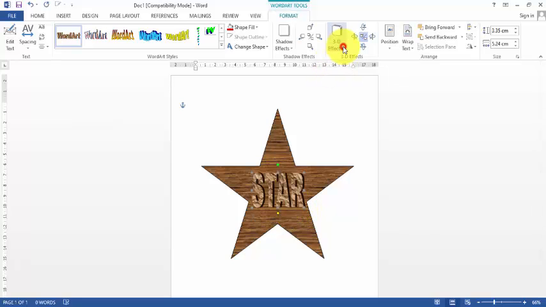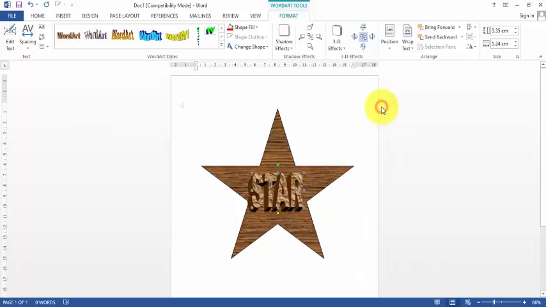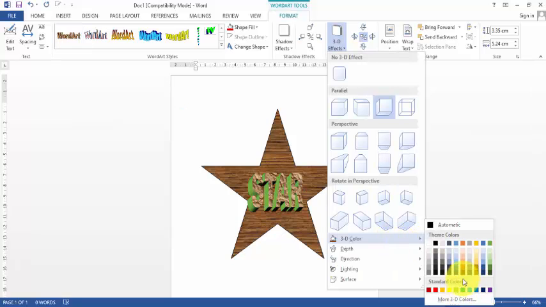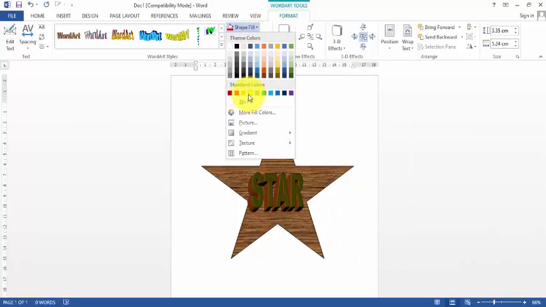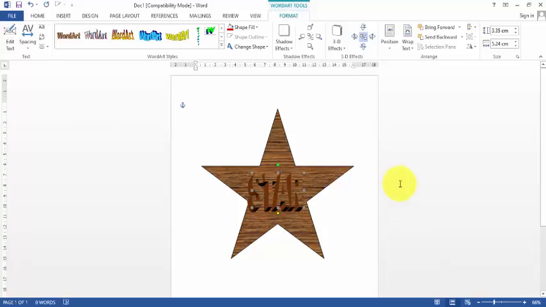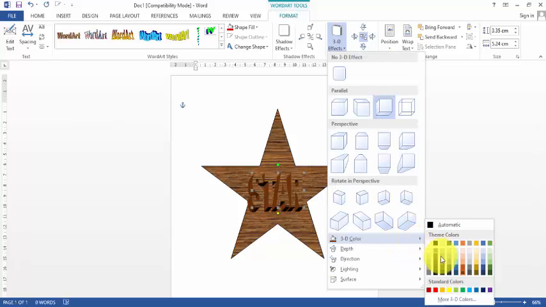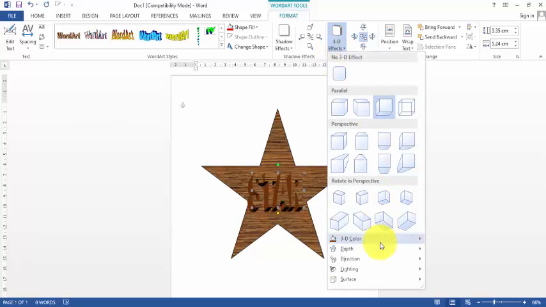Click on 3D effects. Select 3D style from here and change the 3D color. Now click on Shape Fill. Click on Texture and select the same texture from here. Change the 3D color. Click on 3D effects. Then click on Lighting